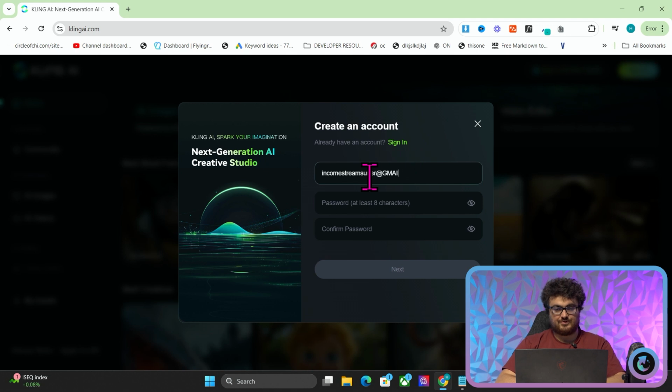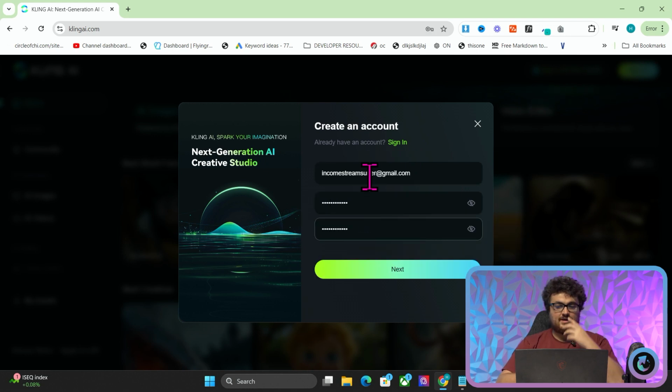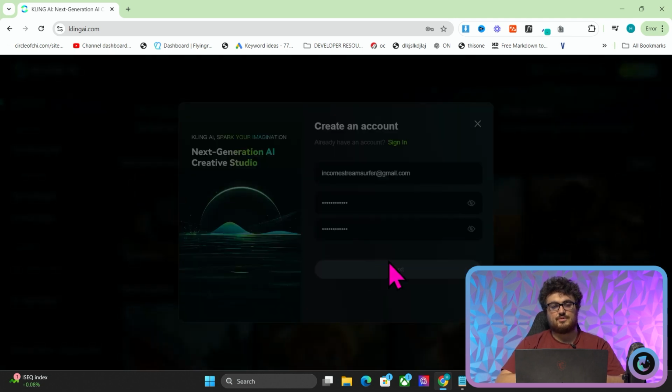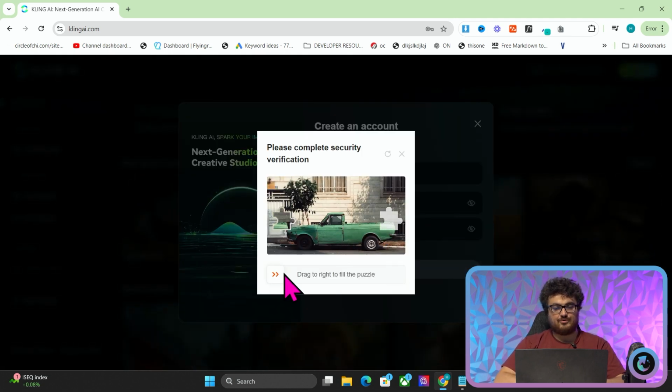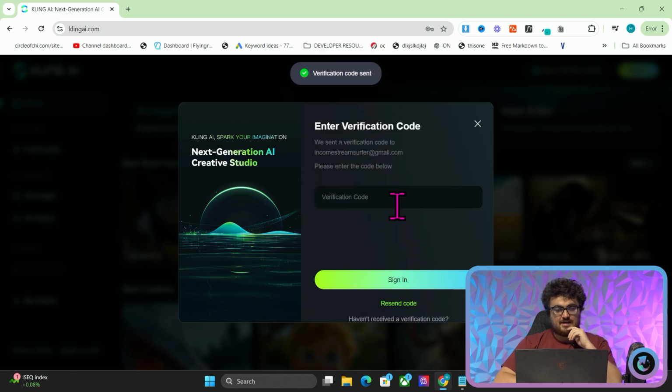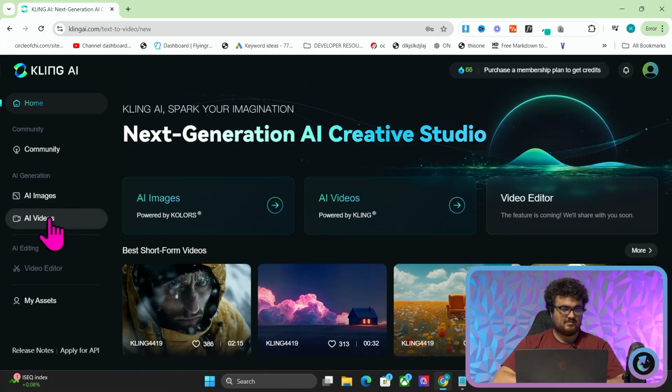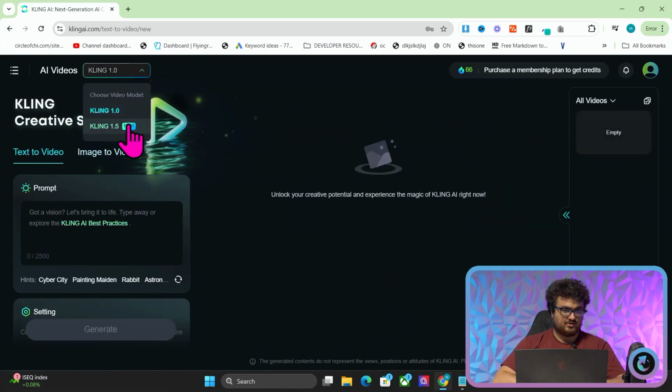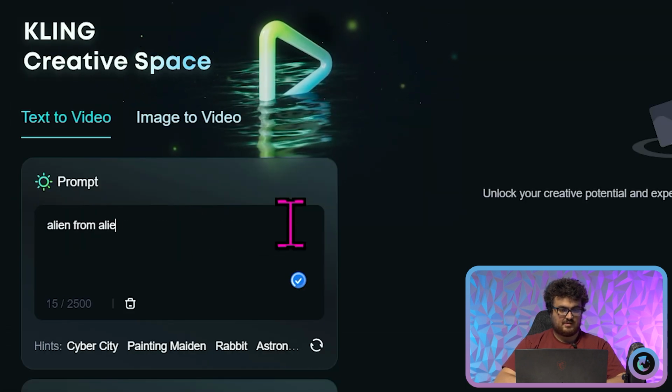Let's do a free generation, because the whole standard of whether an AI is good or not is whether you can just prompt something without any effort, and it still produces something good. So technically speaking, if this AI is as good as people expect it to be, if I write "alien from Alien riding a skateboard," it should work. Okay, so I have 66 credits here.